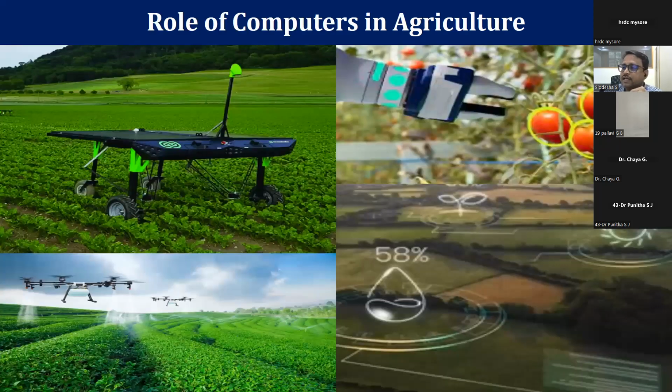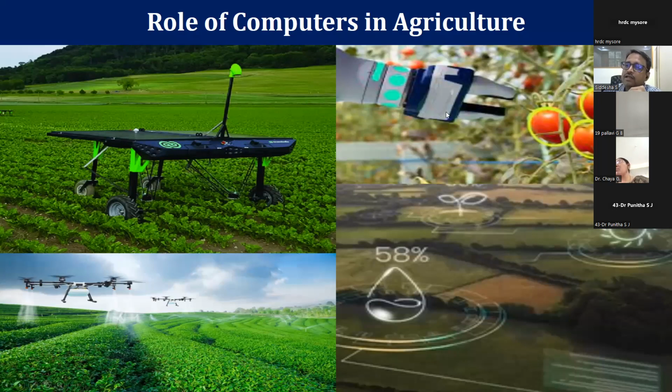Now you can see that I have put certain pictures. In the left top corner, we have one device, and that is nothing but the weed detection device. The device has a camera, and these are autonomous devices. It can be controlled with your tab or some other remote. It keeps on moving in the field, and it sees which is the weed and which is the plant. So it differentiates that, and it pours medicine only on the weeds, not on the crop. So that level of precision will be there.